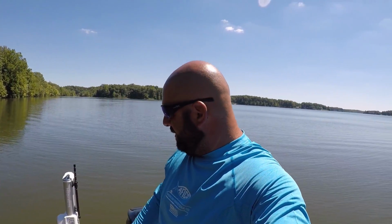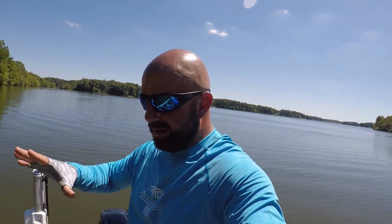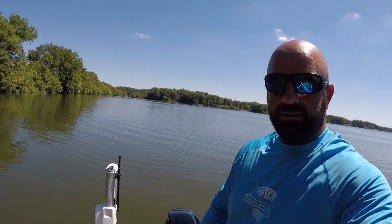So again, not really an issue on this size boat. Okay, so loving the Talons, loving the Mercury. No problem there at all. Back deck,